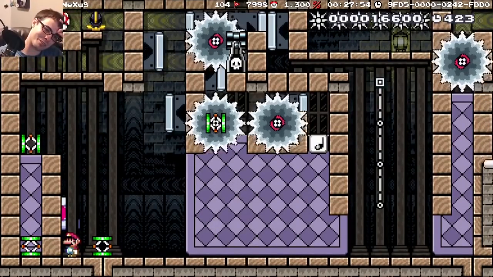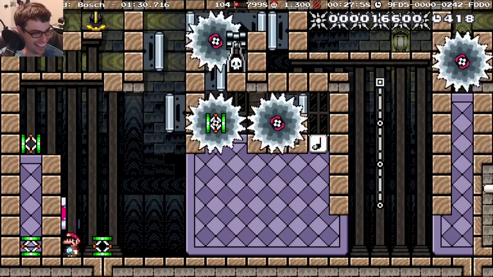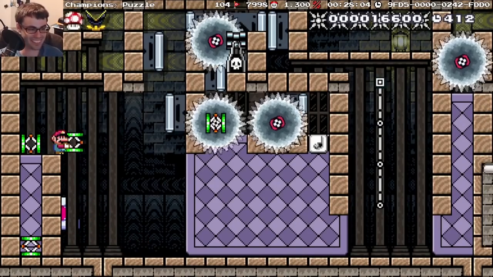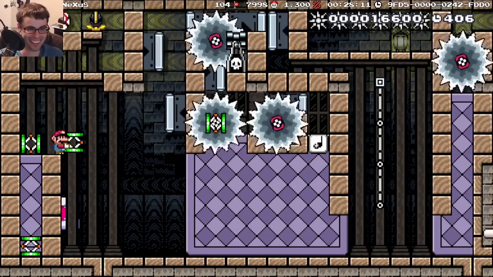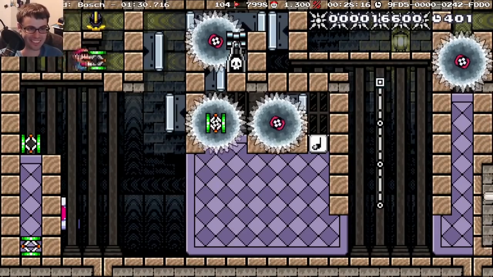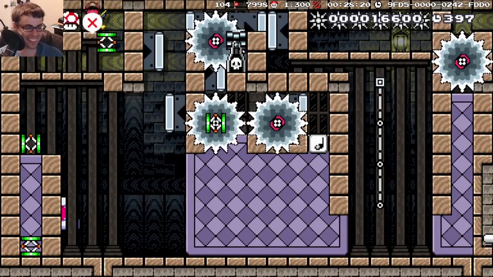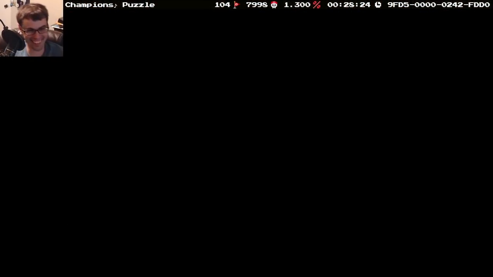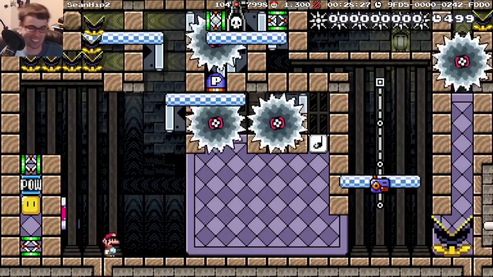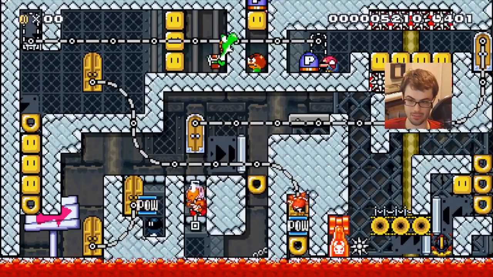It's gonna free the muncher, but the muncher gets stuck because Sean's a fucking troll. Oh my god. Also, I really hate you, Sean. Unless there's... Oh, I'm soft locked anyway. Oh, yeah. Surely we can't fuck this up. I'm gonna go through there, and then I'm gonna get the Yoshi, and then I'm gonna get the P-switch, and